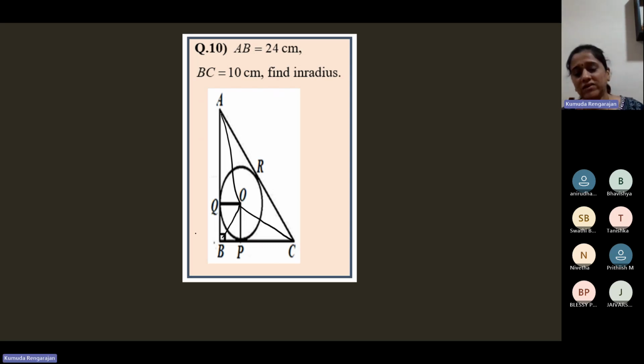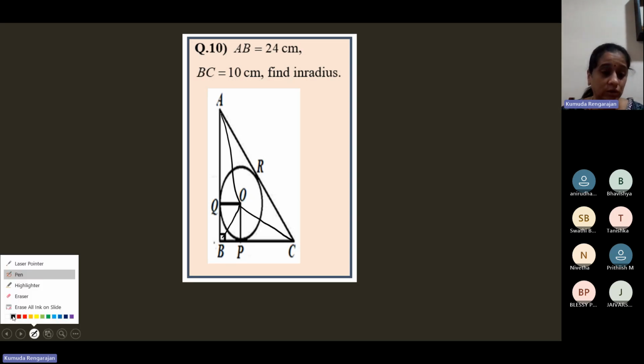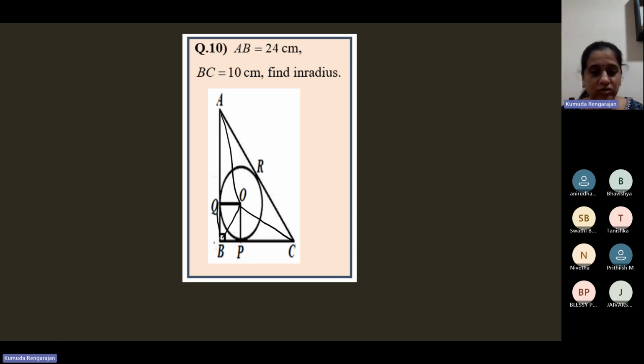So if you don't want to derive any formula but work it directly, then join OA, OB, OC. Sum of the areas of the 3 small triangles is equal to the area of the whole triangle. Do that and get the value of R. Or you can do the other one: prove that this one is a square. This is the other approach. Approach 1 is